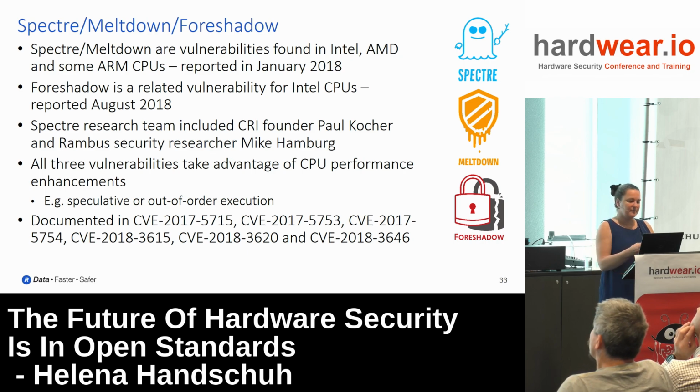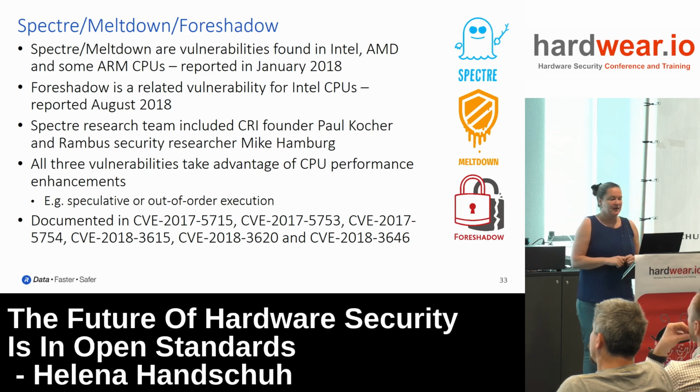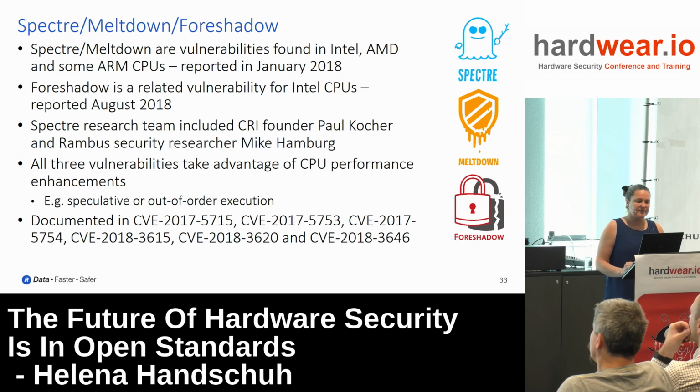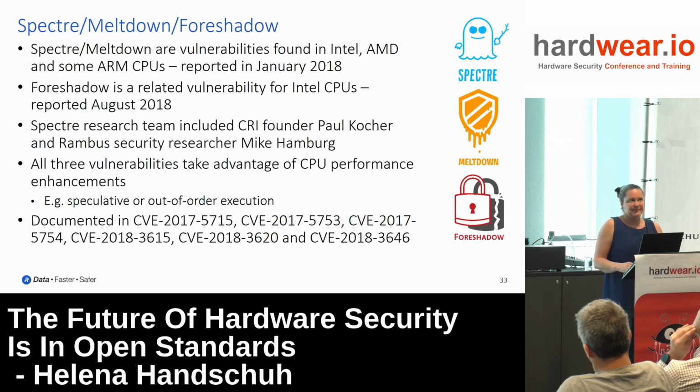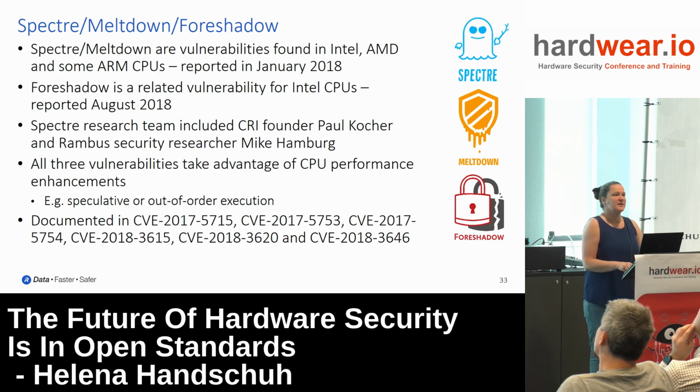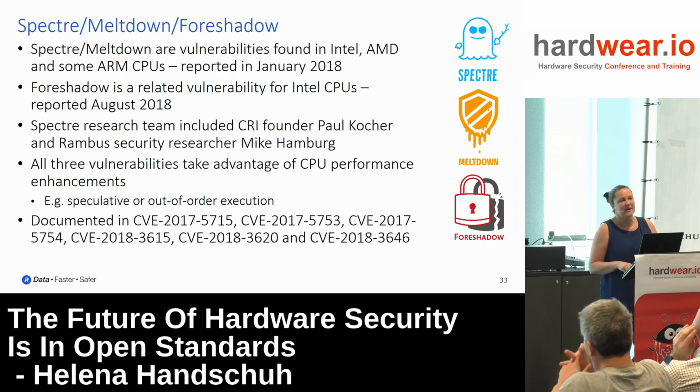Okay, so this is a link into side channels a little bit if you want. We've seen in the beginning of this year some publications on new attacks on processors called Spectre, Meltdown, and more recently in August called Foreshadow. What this shows is that there are vulnerabilities in all the major processors out there, including from Intel, AMD, some ARM CPUs, and that there is room for more attacks on these objects and room for way more results coming out in the next few months and years.